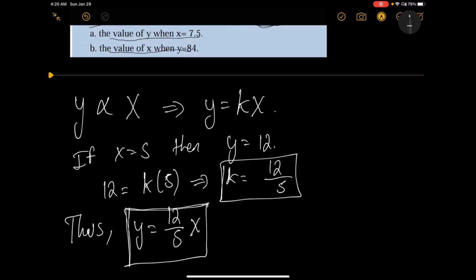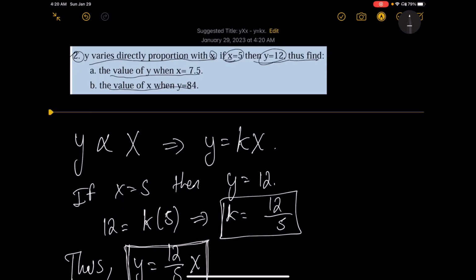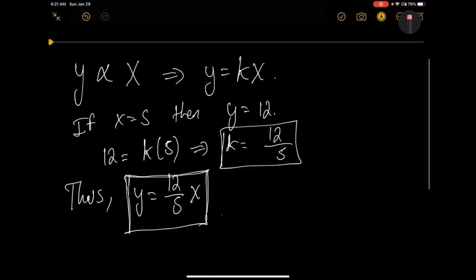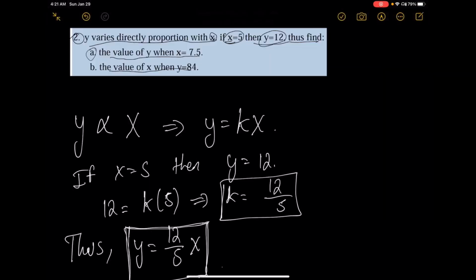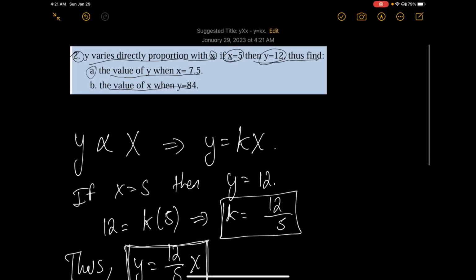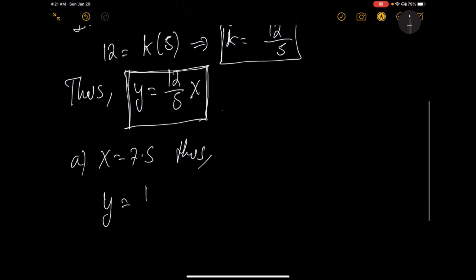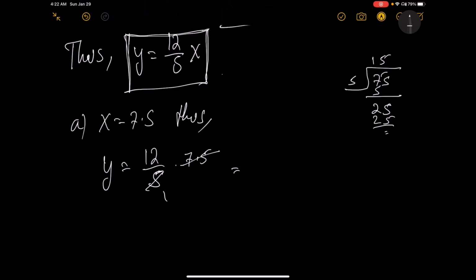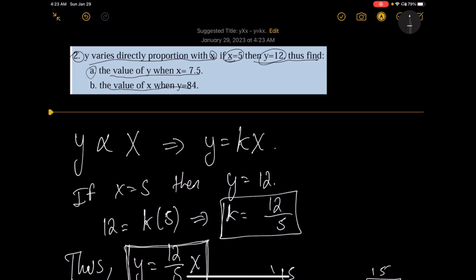ይሄ ሪሌት ያደርጋቸዋል ቫሪያብል x እና ቫሪያብል y በደንብ አድርጎ። ኤኒ x ቢሰጠኝ I can determine y፣ ኤኒ y ቢሰጠኝ I can determine the corresponding x። ለዛ አሁን ለምሳሌ a ብሰራ፡ the value of y when x equals to 7.5 ነው የሚለኝ። x 7.5 ከሆነ y is equals to 12 over 5 times x። x 7.5 በአምስት አንድ ነጥብ አምስት ማለት ነው። ከዛ 12 ሲባዛ በ15 ስንት ነበር? 180 ማለት ነው። ከዛ 18 ሆነ።